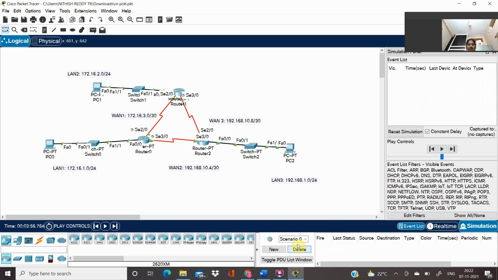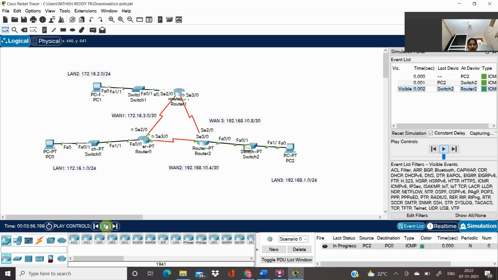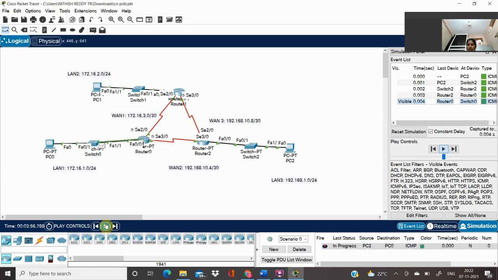So now let me ping from PC2, that means from LAN 3 to LAN 1, and let me check. Yeah, PC2 to switch 2, switch 2 to router 2, router 2 to router 0, router 0 to switch 0,